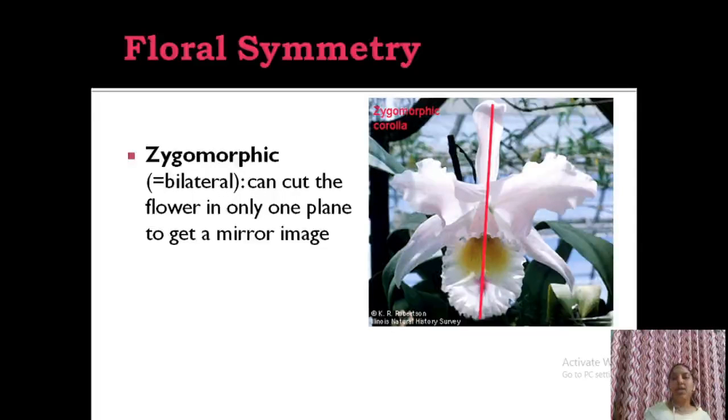Okay. Then in zygomorphy, you see this is an orchid flower. All parts are of different sizes and shapes. When you cut along this half only, you will get 2 equal halves. When you cut along this side, what will be the result? You will never get 2 equal halves. This part will be larger. So along this plane, you will get 2 equal halves. Such flowers are called zygomorphic flowers. Only along one plane will you get mirror images. Orchid flowers are usually zygomorphic.